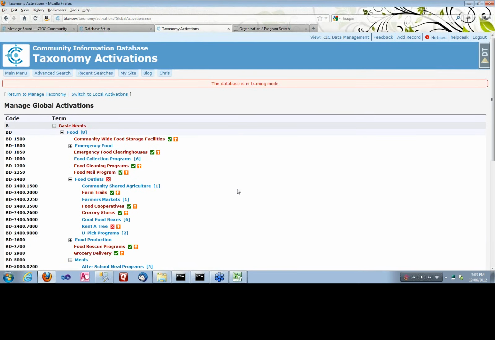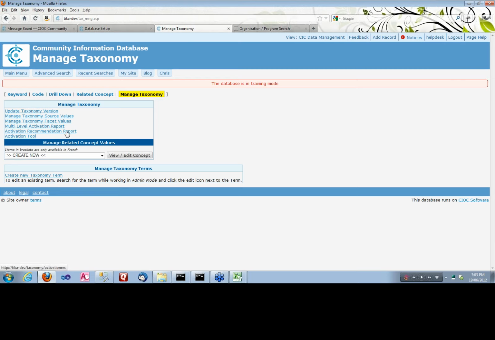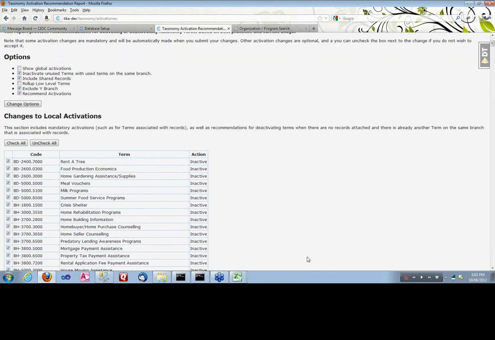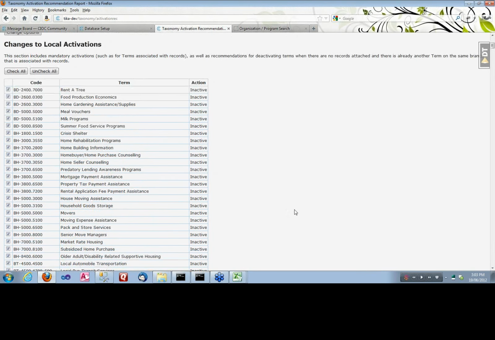Speaking of rules being enforced upon you with activations, I'll now demonstrate the other tool, which is our activation recommendation report. The state of people's taxonomy at the time of the upgrade is not necessarily going to obey some of the rules that we just talked about. It's possible that there are certain things that have been activated that break best practices. Either you have multi-level activations, you have inactive terms that have records attached to them, you have activation at one level, then a deactivation, then an activation, all on the same branch,